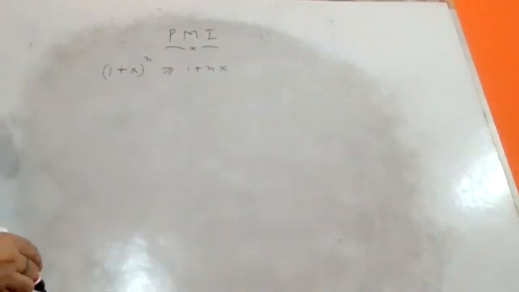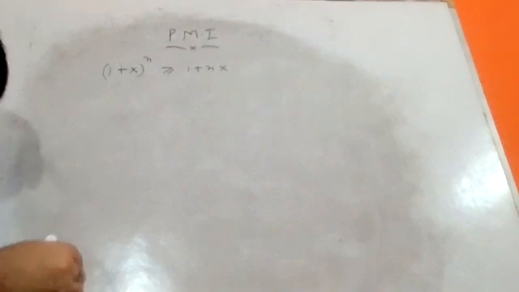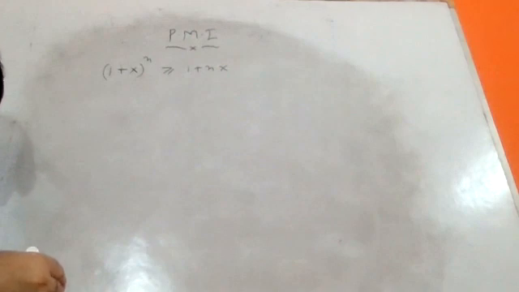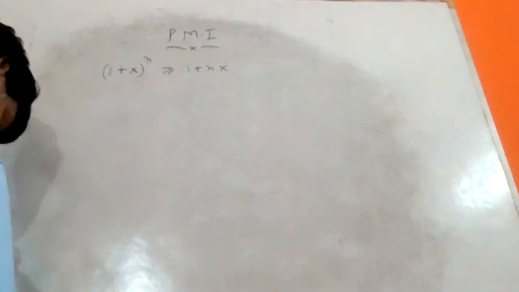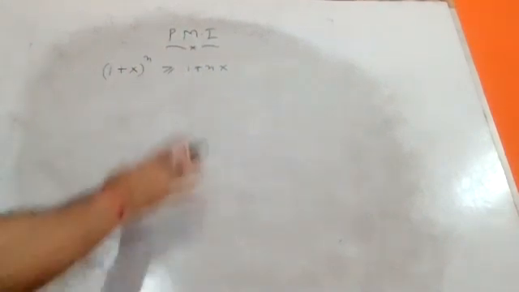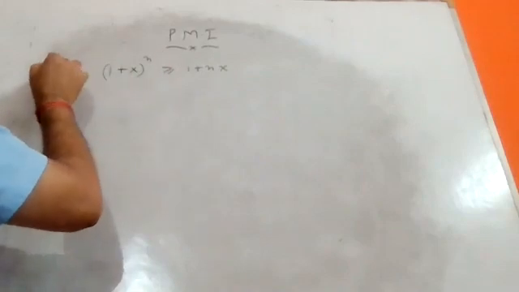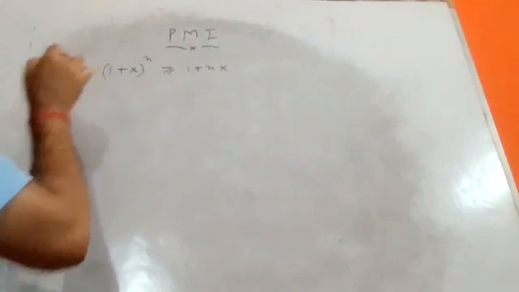Okay, (1 plus x) raised to power n is greater than or equal to 1 plus nx, where n is a positive number. When n is a positive number, that is 1, 2, 3, and so on. They have already given this. Now in this type of question, we can start by assuming that this statement is equal to P(n).